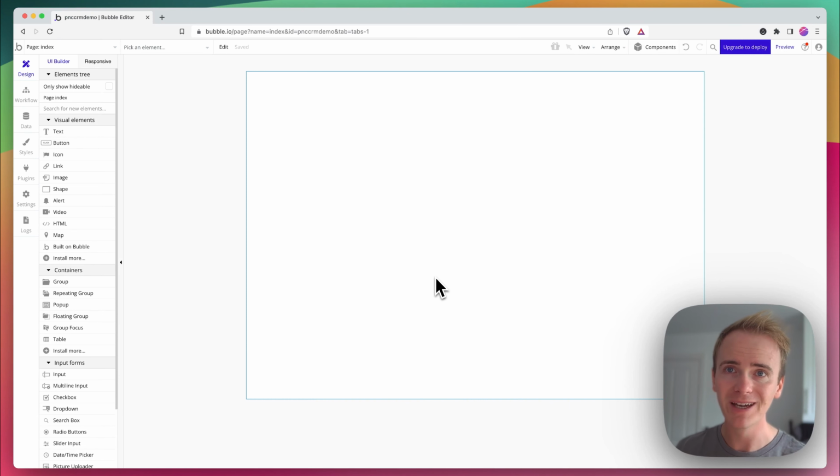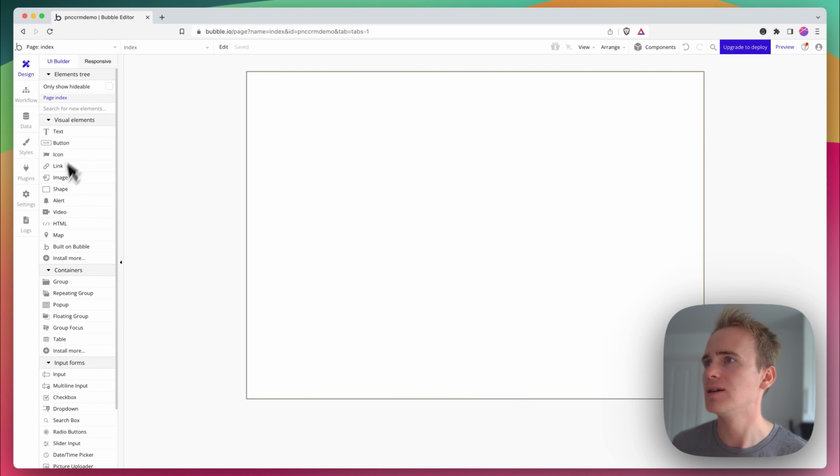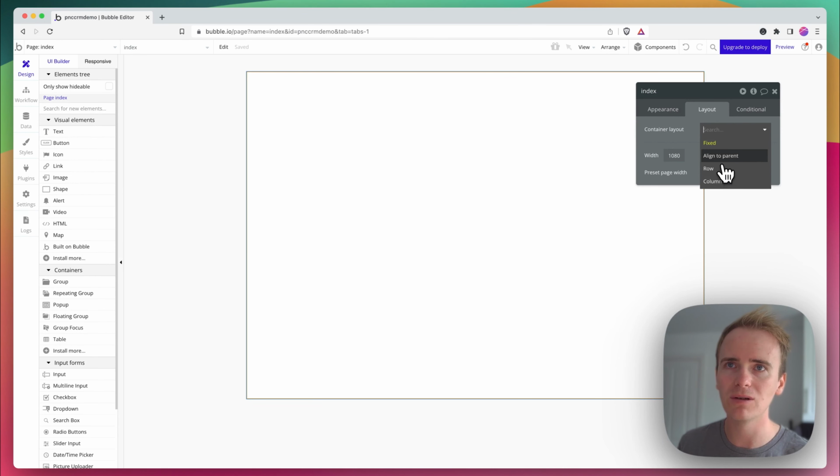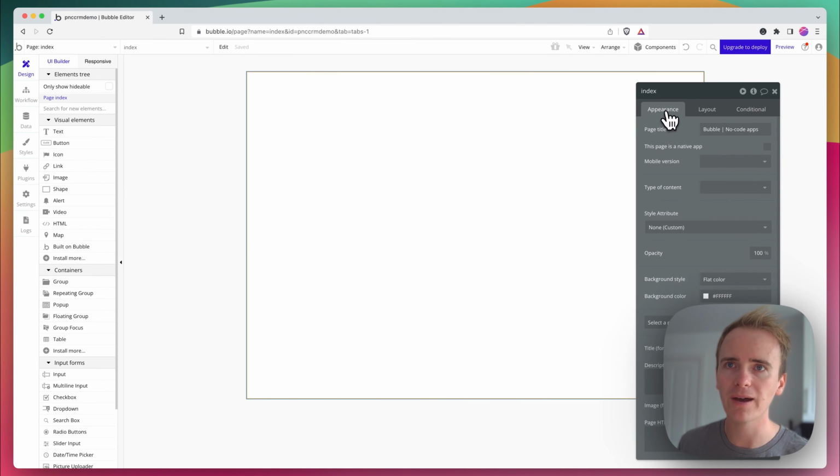But here we have a blank canvas in Bubble. I've added nothing to this app. I've simply created a new app, and I'm going to start, like I said, with registration and login. So my page here, I'm going to set the layout to align to parent. I'm going to give the background a grey colour, and